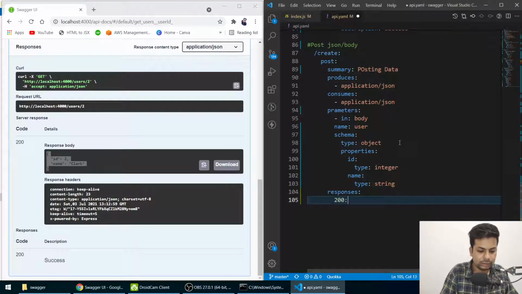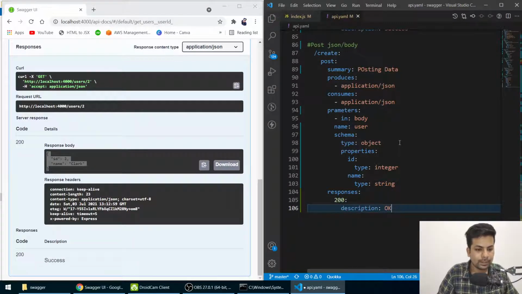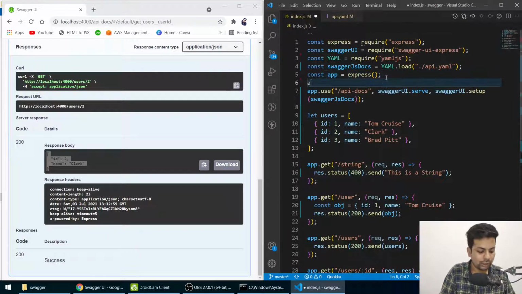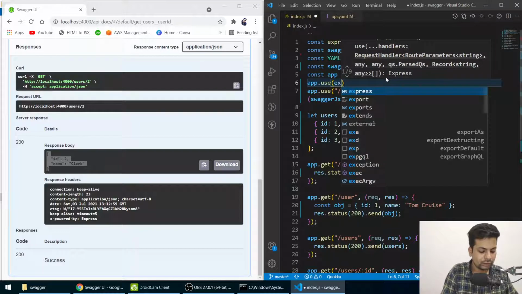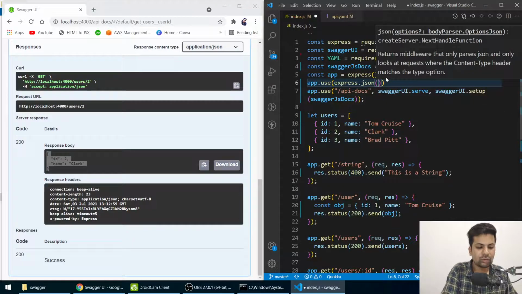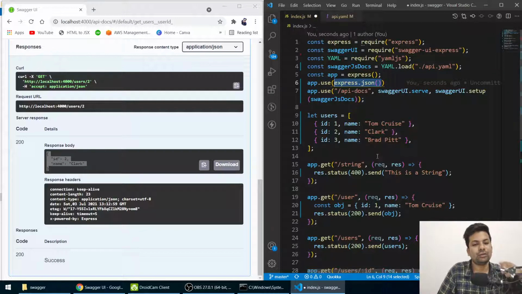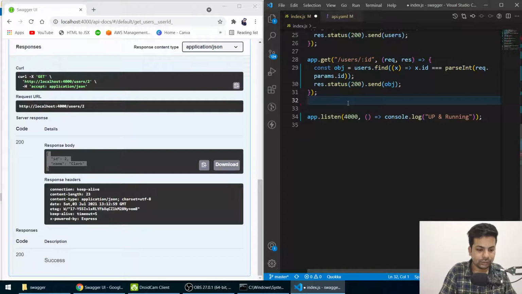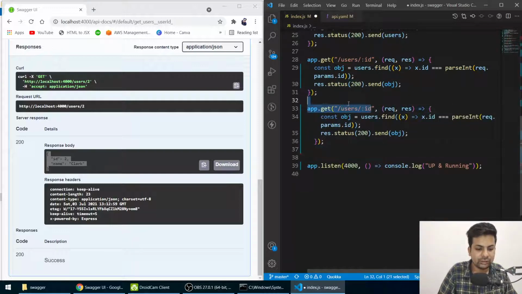Okay, now if I say for responses 200, description. Okay, so this is how we'll create it. So now to access it, we'll do one thing here. Firstly, we'll do app.use express.json. So I'll pass the data like you use body parser for parsing the data from the body. Just use express.json like this. You don't have to install third-party libraries. So now I'll just copy it. Now I'll paste it, and instead of this it will be a create API.